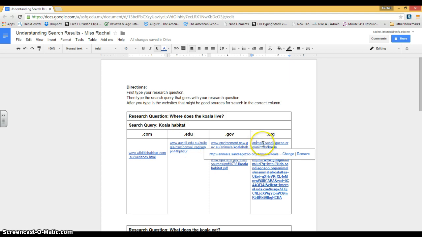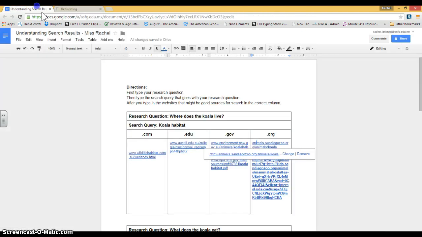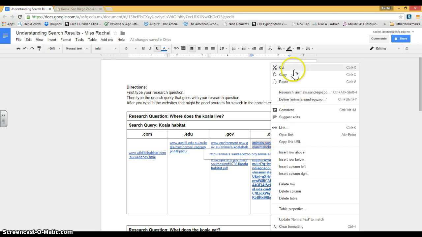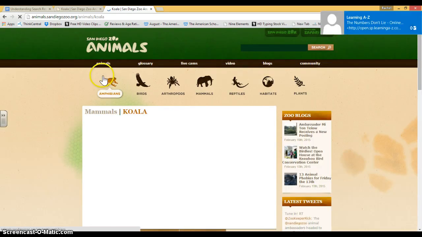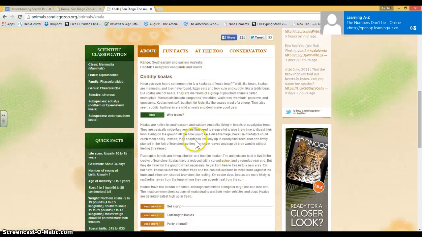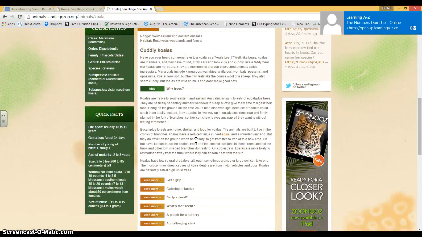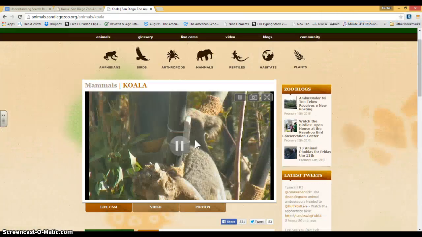So I'm going to click on the web address that I want to go to, and I'm going to go to it. Remember, if I don't have this blue, I can highlight it, from the beginning to the end, no extra space, and I can copy it and paste it and say paste and go, and that will bring me to the same place. Either one works. Now I'm inside the web address, and this one is from the